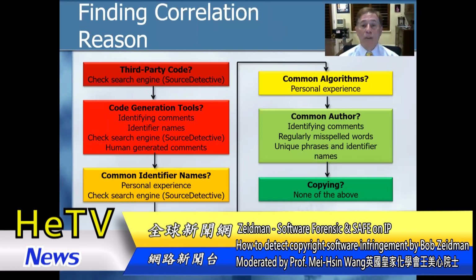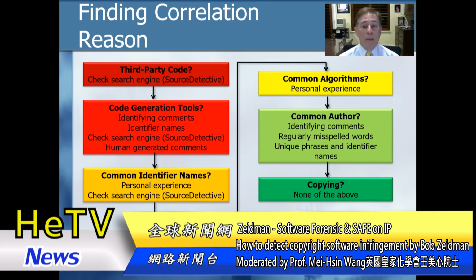This slide shows a diagram for the filtering process to filter out things that are not due to copying. So first you would filter out third-party code using Source Detective. You would filter out code generated by code generation tools. You can use Source Detective. You can also use other methods. You would then filter out common identifier names. Again, Source Detective is very useful in doing that.